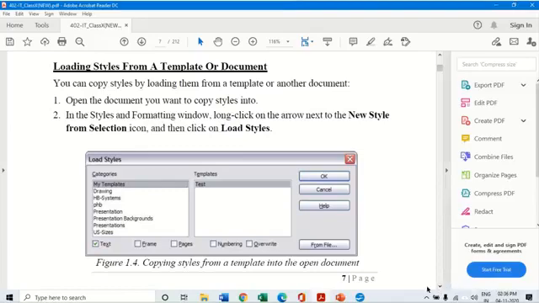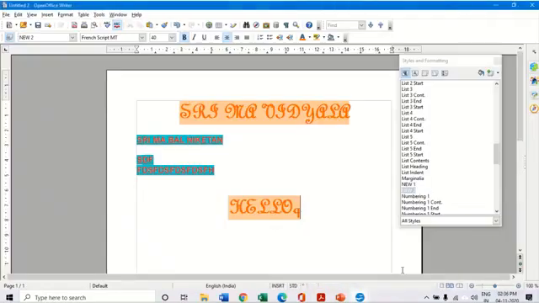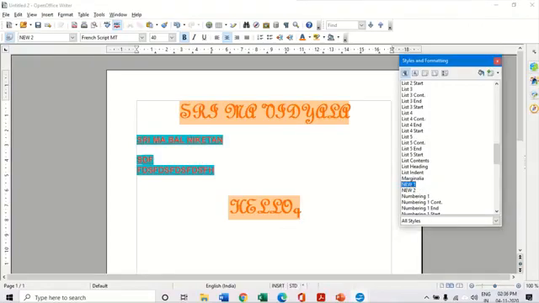So how can I do that? Let me show you practically. So here I have the style which I created, new 1 and new 2. Just now, sometime back, we had just created this new 1. New 1 is this particular style and new 2 is the new style here.